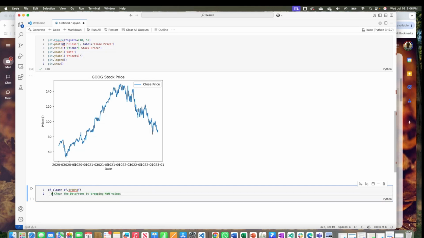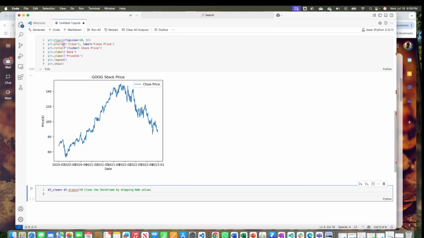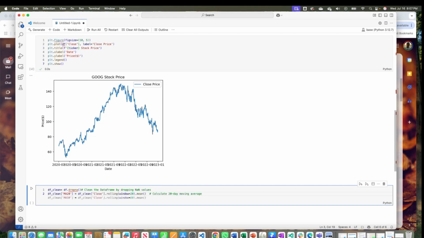Next, df_clean, and then I'm making another variable called MA20, which is the 20-day moving average. As I already installed Copilot,